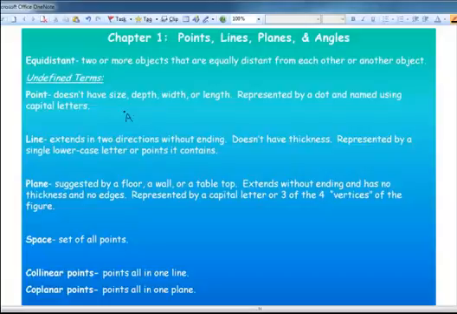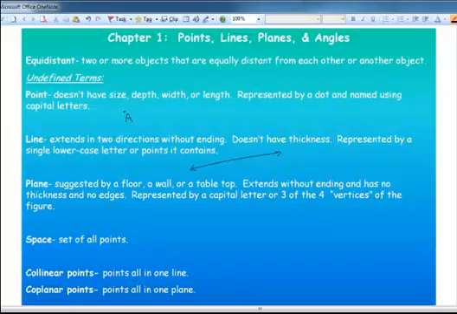A line is similar, in that it's undefinable, but we're going to try and give it some kind of parameters that we can talk about it with. It says it extends in 2 directions without ending, does not have any thickness, and is represented by a single lowercase letter or 2 points that it contains. So if we were to show you this, saying that it continues on forever and ever to the left and also to the right,